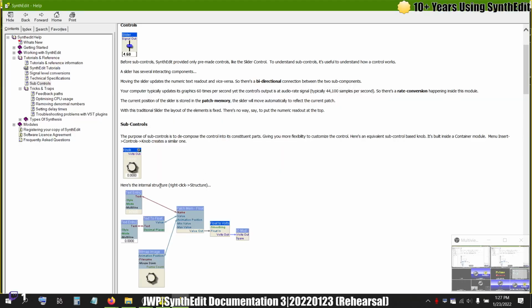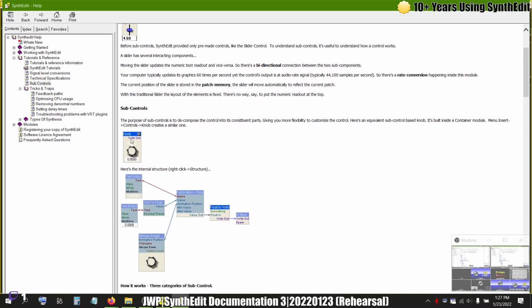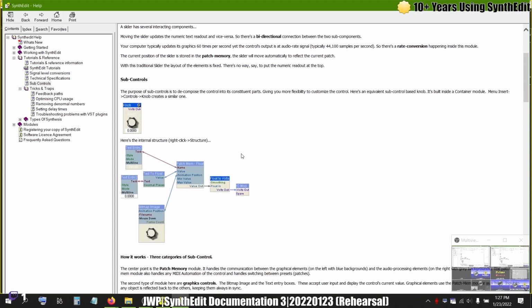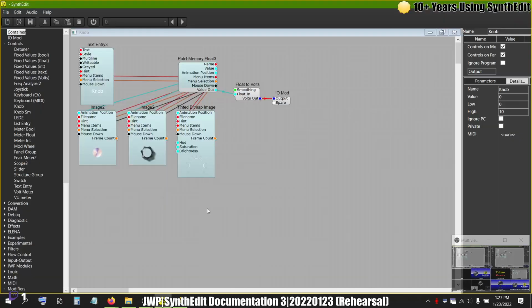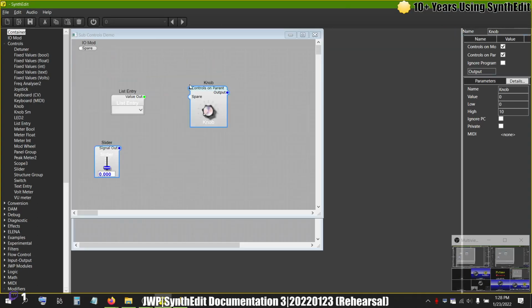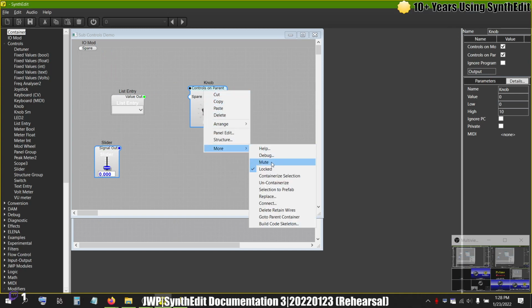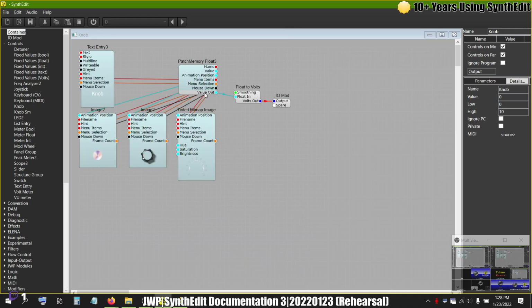Now, if we look at this image here, there's a demonstration image of the container and controls on module. We can see the knob. We cannot see a panel example, but underneath it, here's the internal structure, right-click structure. So in the older SynthEdits, everything was flipped. We can see that this DSP output is coming out of the right, and the GUI elements are going in from the left. Whereas modern SynthEdit actually has that the other way, and this is locked, so I can't move anything. So I'm going to right-click and more, and unclick locked, and again shift, double-click, go inside,